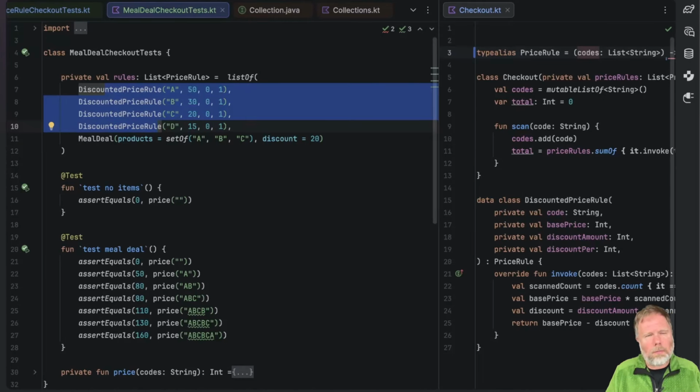So this is a good time, I think, to pause the work on this, go back to our customer and find out what she thinks the relationship between different price rules should be. If you want to find out the answer as well and see what effect that has on our code, then